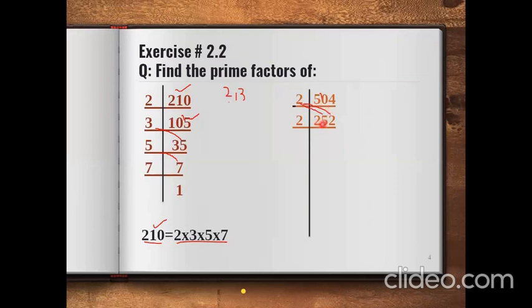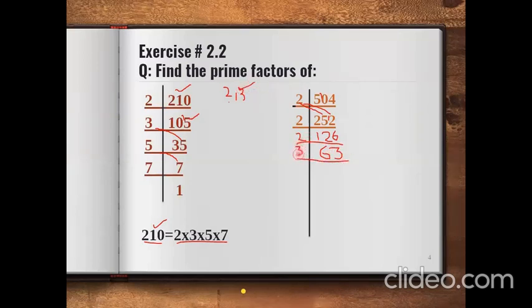Okay, your question here is 252, and as you can see here, this 252 can be divided by 2. So again you will take your next prime factor, that is 2. Then you will write 2 into 1 is 2, 2 into 2 is 4, and then it will become 12. 2 into 6 is 12. Okay, then again here you have 6, so simply you will write 2 into 6 is 12, and 2 into 3 is 6. Now as you can see that this is 3, so you cannot divide this 3 by 2, so you will move on to the next prime number, that is 3.